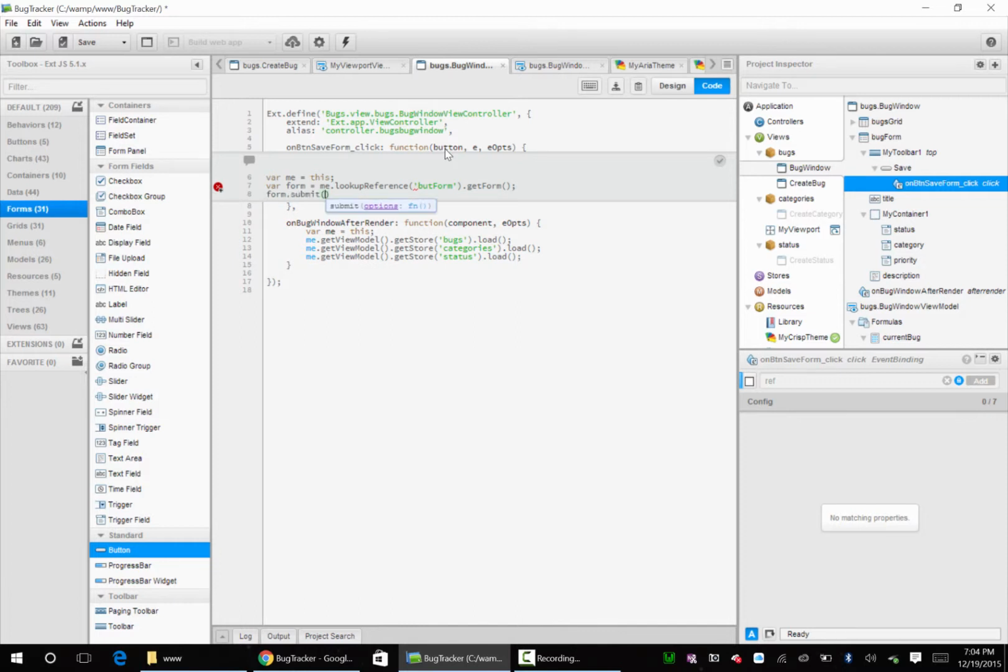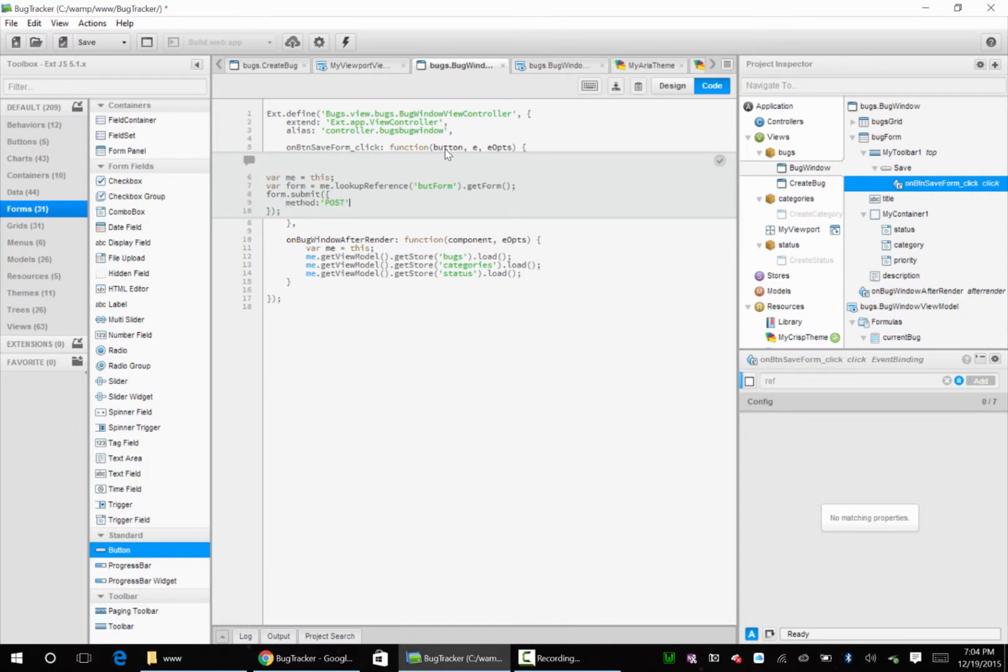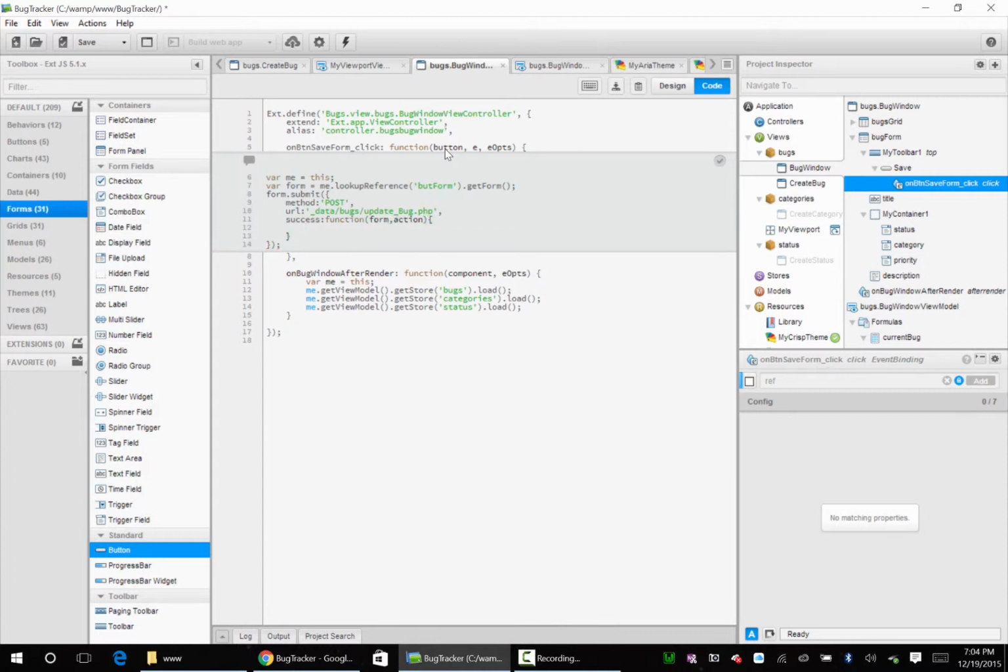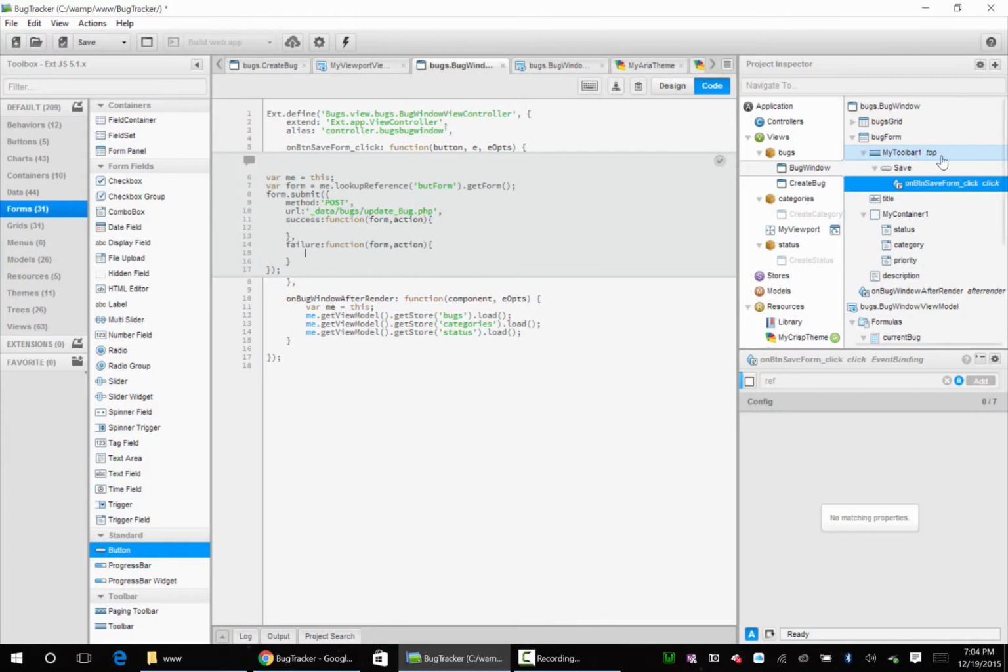dot submit and method post, URL data bugs update bug, success function form action, failure function form action. Okay, now we gotta go back to our